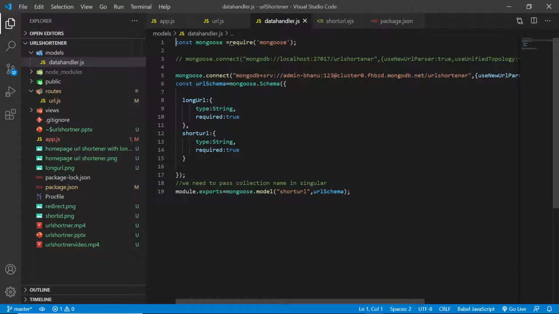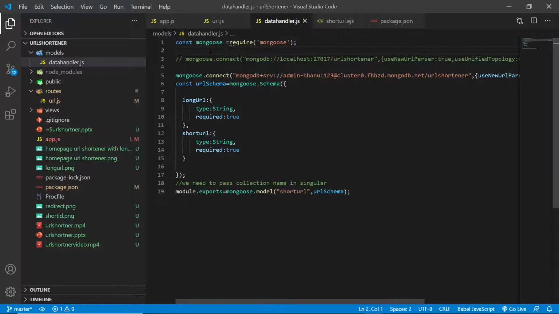Now this is the file which is responsible for handling the database, or it connects to the database. Const mongoose, we are requiring mongoose. This mongoose is very useful, which helps us connect with MongoDB in a more abstract way. We do not need to go into the basic details.